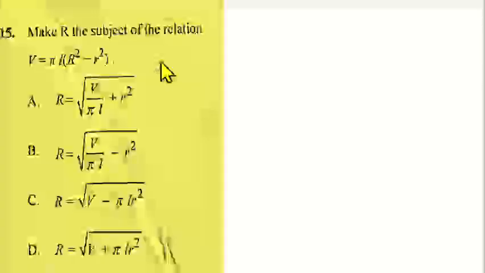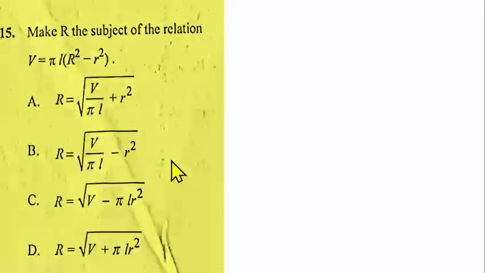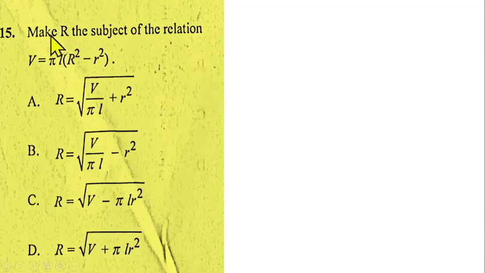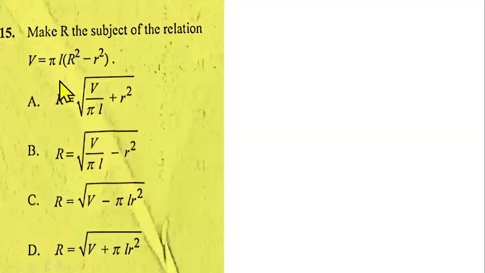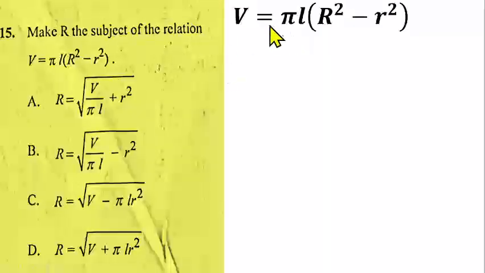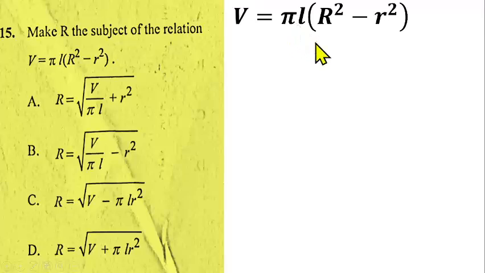Question number 15 is from change of subject of a formula. You have to make big R the subject of the formula of this relation. V is equal to pi L into R squared minus r squared. So like I said, it's from the subject of a formula. We have V is equal to pi L into big R squared minus small r squared. We have to make this big R